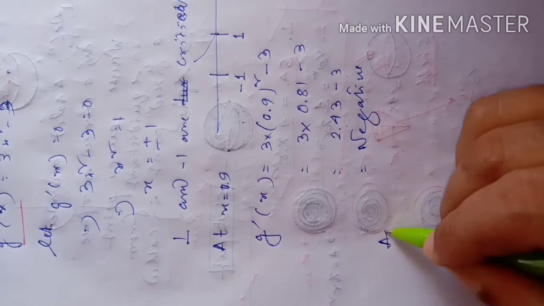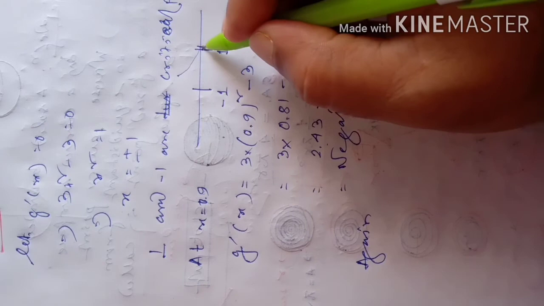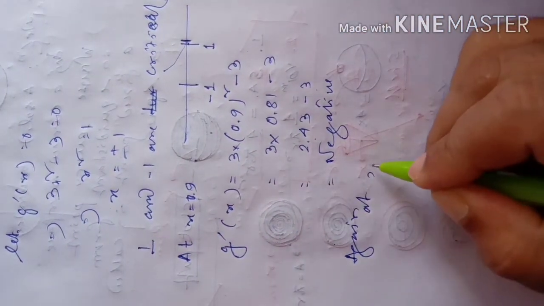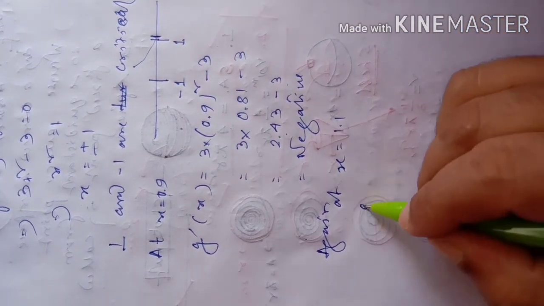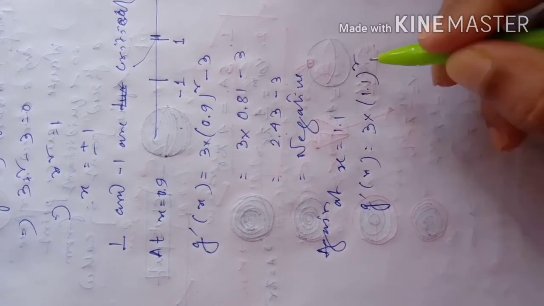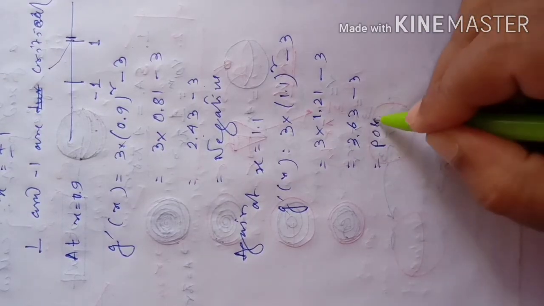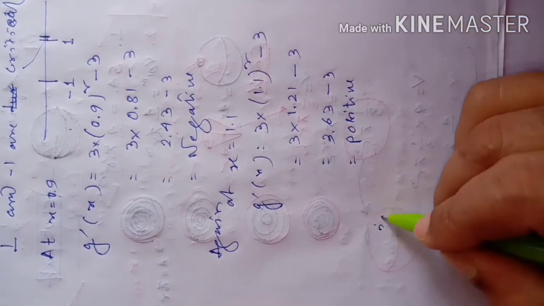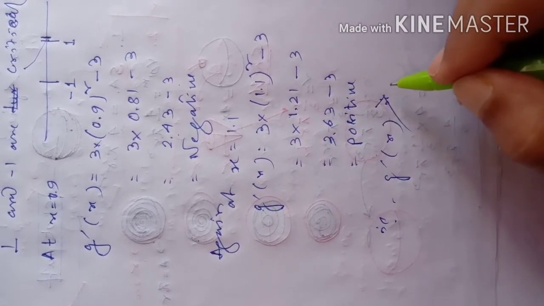Again towards the right hand side of x equal to 1, if you take a point, say 1.1, very close, or 1.01, then at x equal to 1.1, what will g dash x be? It is 3 into 1.1 whole square minus 3. So it is positive. After calculation we will get a positive number. That is g dash x is greater than 0